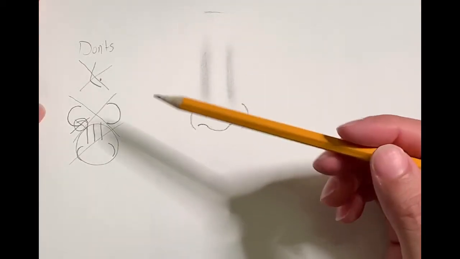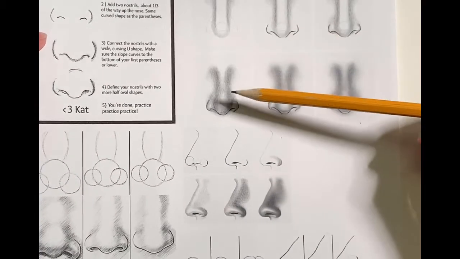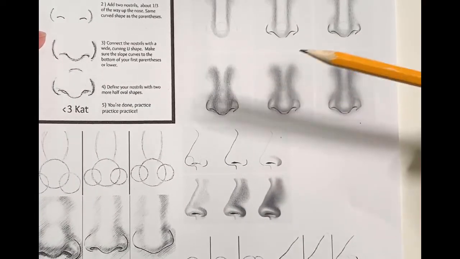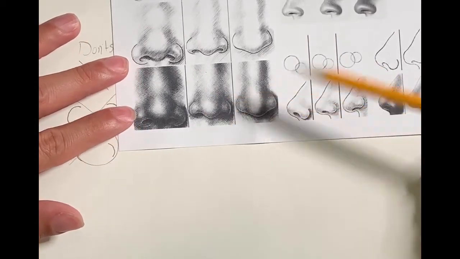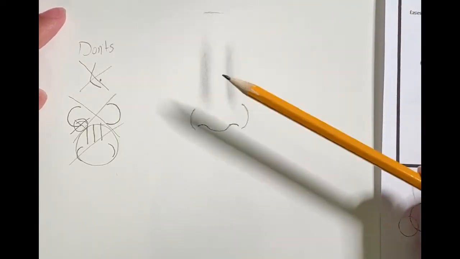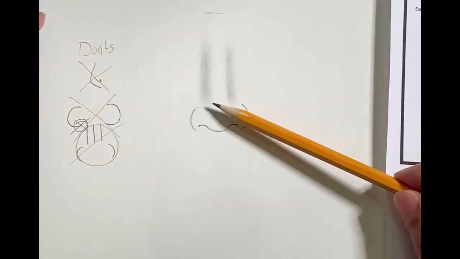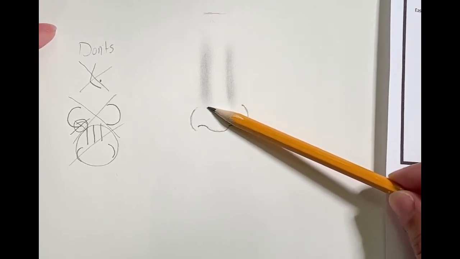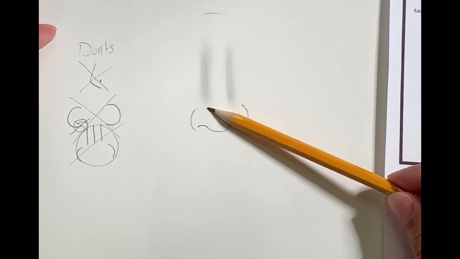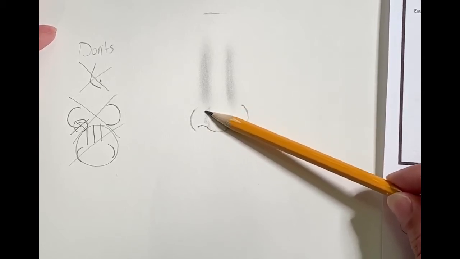And now I want you to notice these pictures right here. There is a roundness to our nose, okay? And the tip of our nose is rounded. Some people like to draw circles, so we're not going to really draw a circle because we don't want clown noses. So what we're going to do is draw a pretend circle just by putting our pencil on its side and doing some shading, okay? So I'm going to draw just a half circle